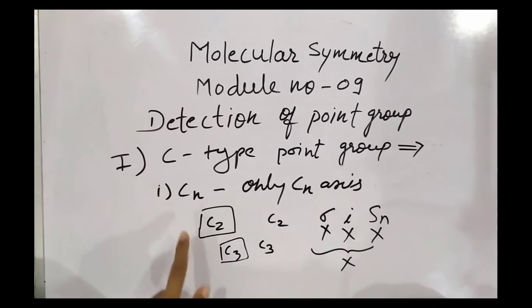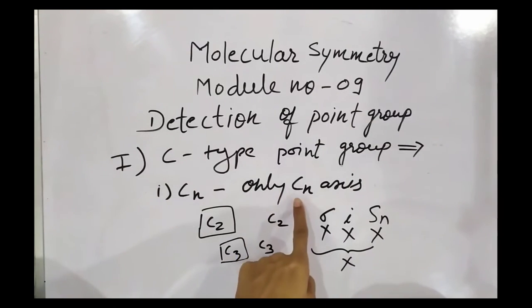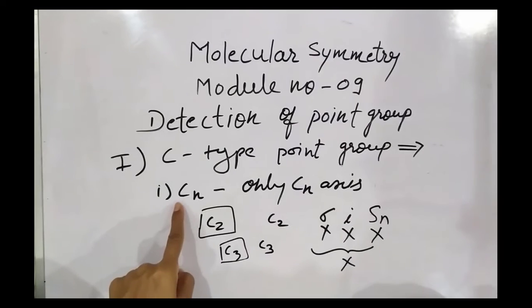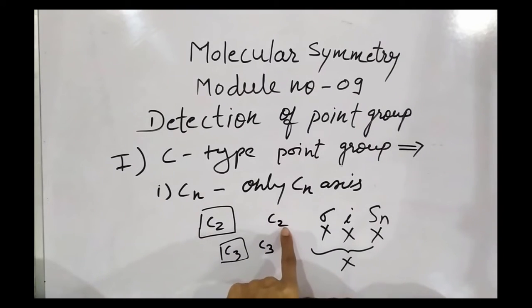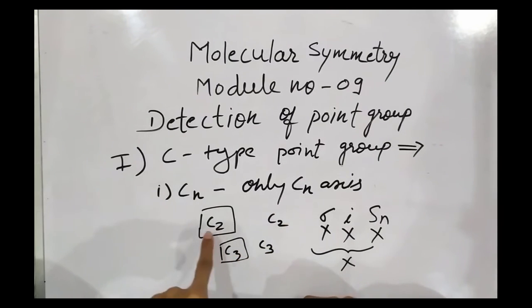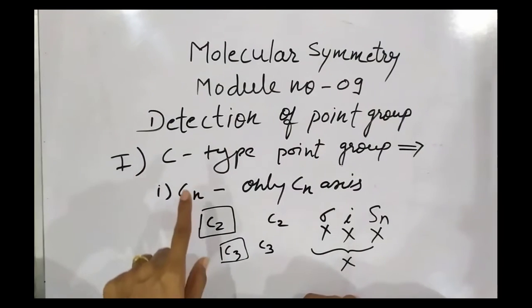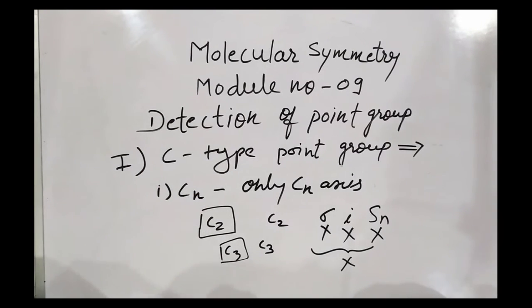Alright. So if a molecule possesses only a CN axis, what is CN? The rotational axis. Then the molecule will belong to that point group. And N, we know, is the fold of rotation. Whatever the fold of rotation is, that will be the CN axis, and that itself will become the point group. One by one, as we proceed toward the point groups, you will get it in detail. No need to worry if you are not understanding it.